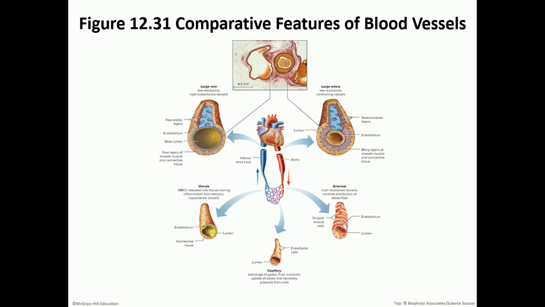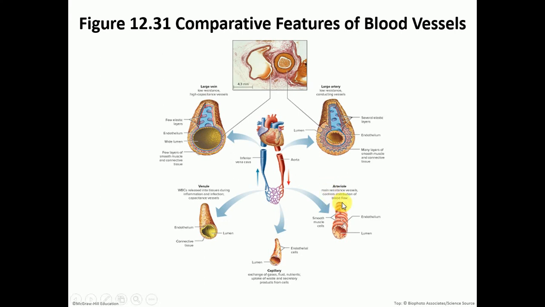So this is a comparison of the different kinds of blood vessels. This is a large artery, and you'll find that each blood vessel, whether it's artery or vein, is made out of 3 layers. There's the externa layer, or the tunica externa, that's made out of connective tissue. And then there's the tunica media, which is made out of smooth muscle fibers. And then the intima, or the internal layer, and that again is made out of your endothelial cells,